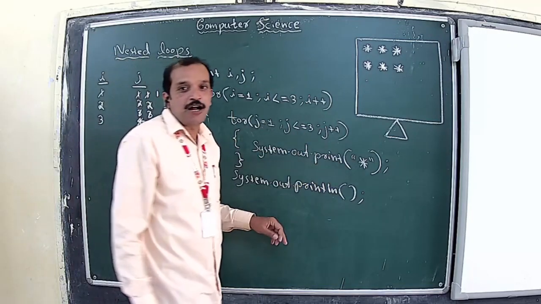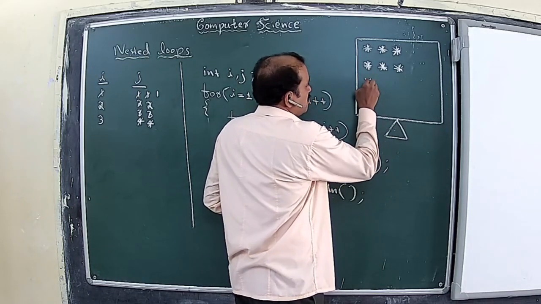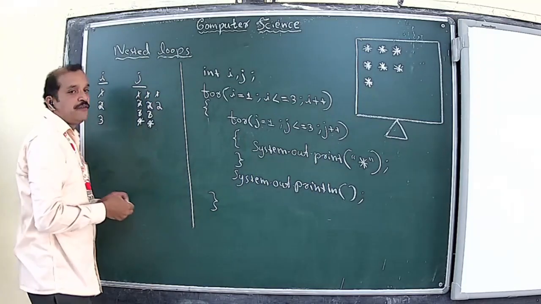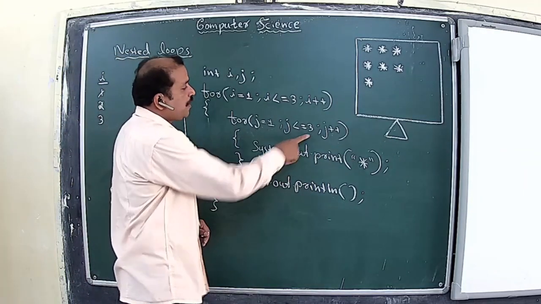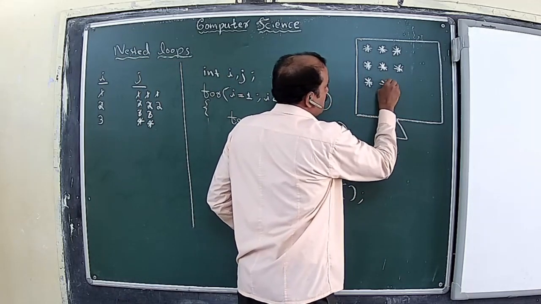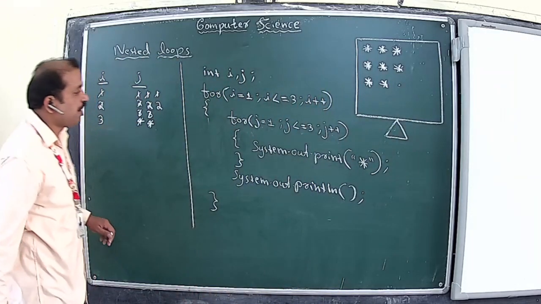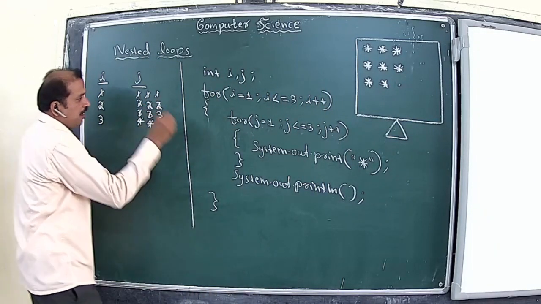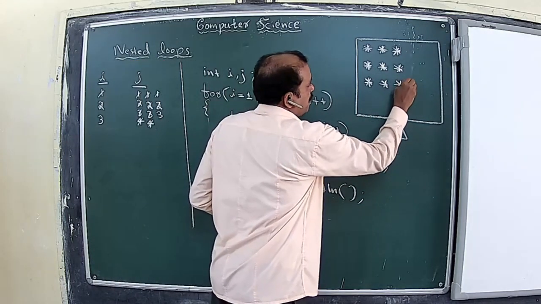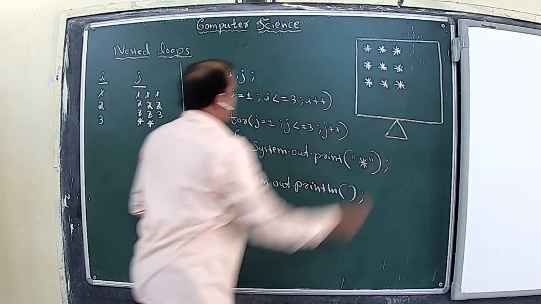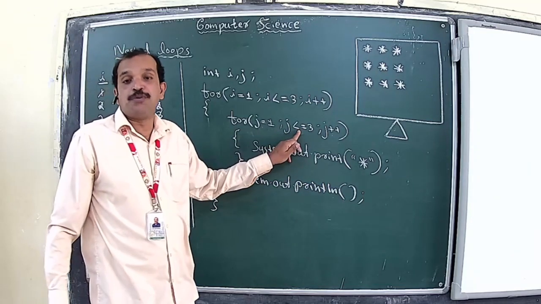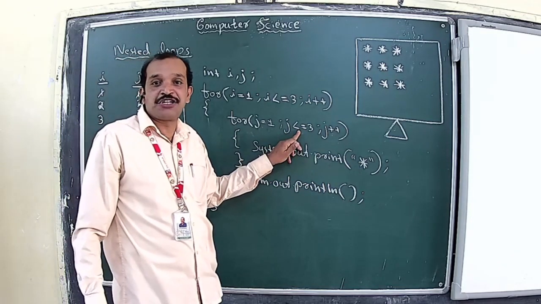Once again, this print statement will be executed and another star will be printed, followed by the update expression for the inner loop. And when j becomes 2, this condition is true. Therefore, the star will be printed for a second time. And again, the value of j will become 3. And even then, since it is true, the star will be printed for a third time. After which, as part of the update expression, the value of j becomes 4 and therefore the inner loop terminates since the test expression is false.